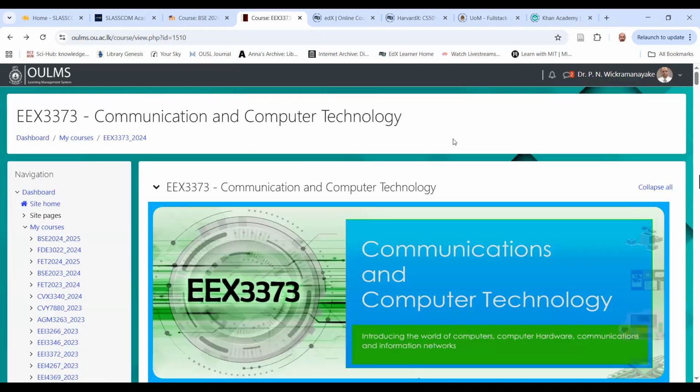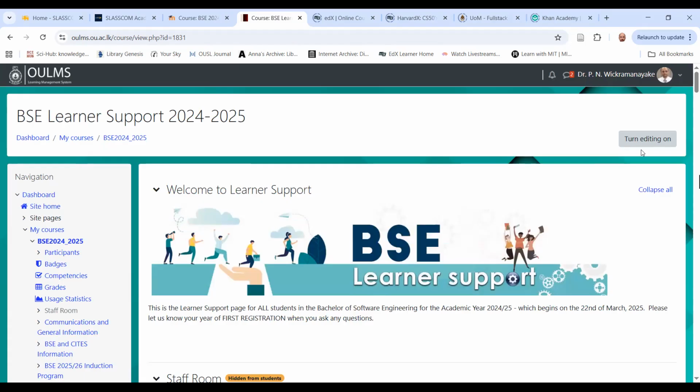We will use it for the induction program, and we will use it to help you learn all your courses during the software engineering program. We have a separate one during the academic year called learner support. So all the questions that you have about the course, not about your subjects, but about examination schedules or payments or any other problem you have with administration, you bring it all here. You do not have to ask seniors, you do not have to waste time making telephone calls or going to your center to ask a question. Students waste a lot of time doing those things.